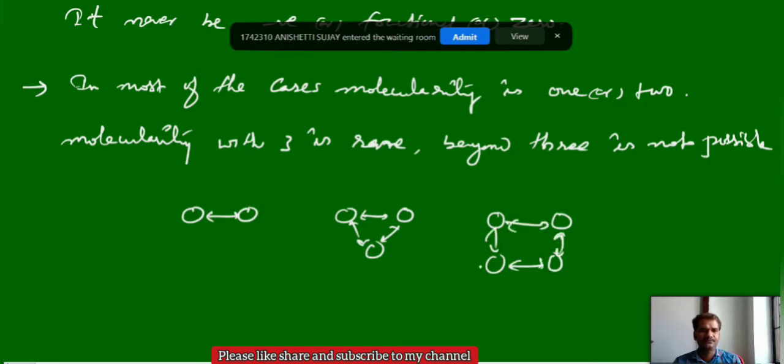You can see here 100% collision, a 1-to-1 collision. Here it is not a 1-to-1 collision. Here also it is not. First it can collide with this one, and then this one and this one. At a time it cannot collide with all molecules. So you cannot observe proper collisions in the case of molecularity more than 2. So 1 and 2 are more efficient, but 3 is very rare, and more than 3 is not possible.